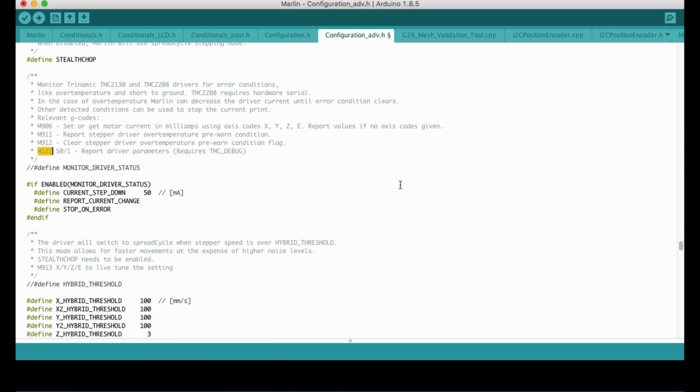I will enable it because I want to see whether I connected the drivers correctly in SPI mode. If I connected them correctly, it will show me valid register values. If not, it will just show me FF values. I will show it to you later. And